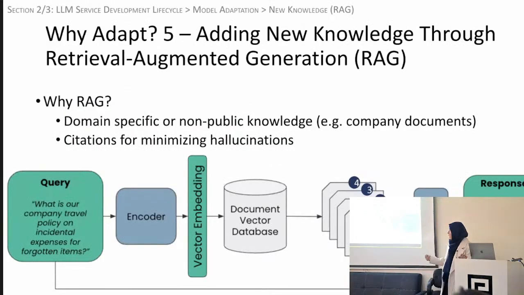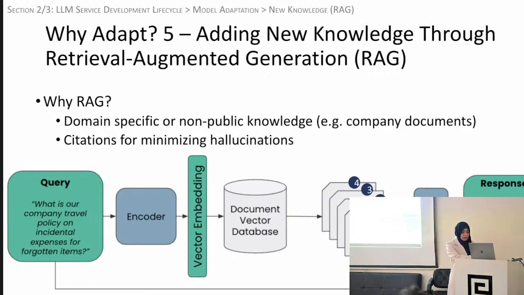All right, and now getting to the last goal of adaptation, which is adding new knowledge. We do that through retrieval augmented generation. Some of you might be familiar with that technique already. Retrieval augmented generation basically is to augment your query. So you give a query to the LLM, and you expect it to give you a response back. In retrieval augmented generation, along with that query, you're giving it the data that's needed to answer that question. So you're basically saying, answer from this data that I'm giving you.